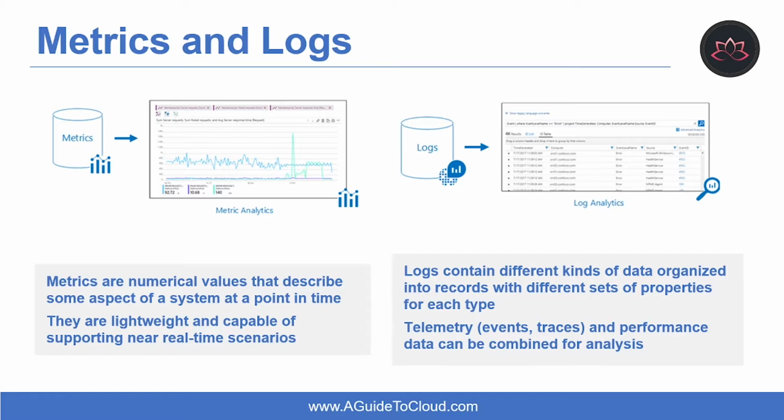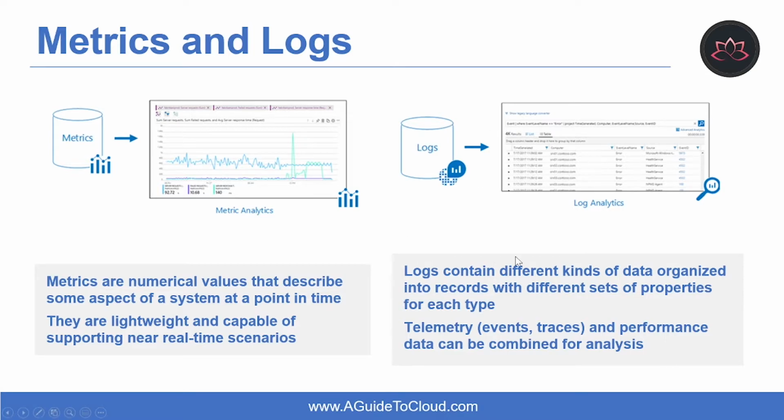So what are metrics? Metrics are a numerical value that describes some aspect of a system at a particular time. Metrics are collected at regular intervals and are useful for alerting because they can be sampled frequently, and an alert can be fired quickly with relatively simple logic. So what are the different ways that you can use metric data in Azure Monitor? You can analyze, visualize, alert, automate, export, retrieve, and archive.